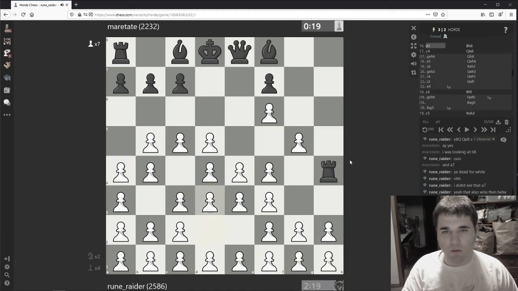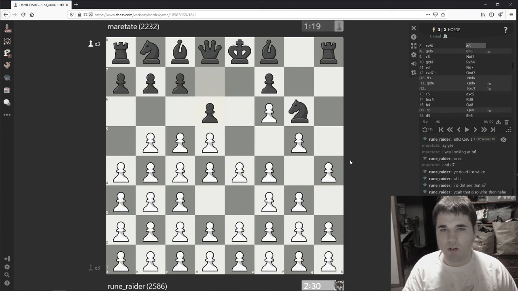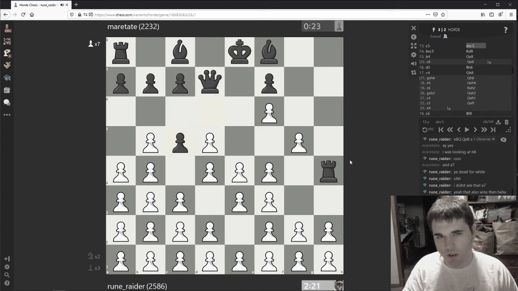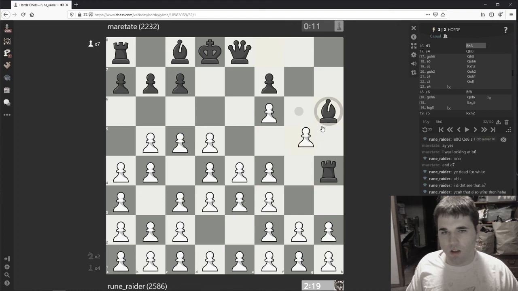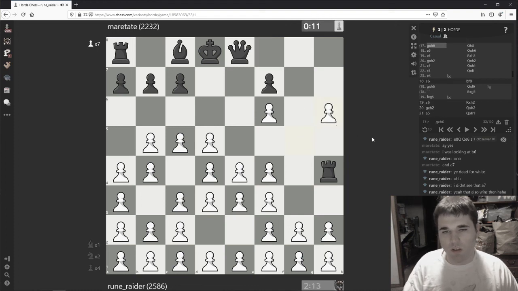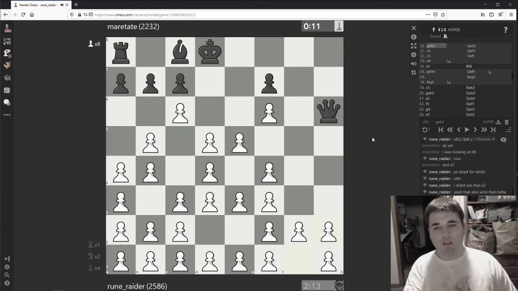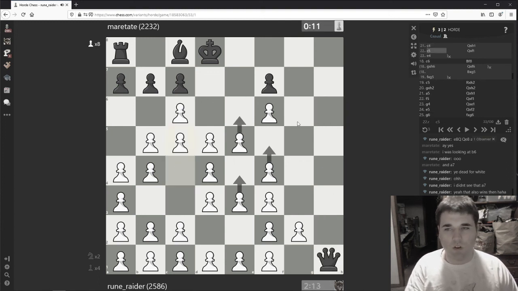Main lesson for me personally, I think, is... I don't know. Just to really appreciate the importance of grabbing material when you know that black is going to make a breakthrough anyway, right? Something like this, and white should just be much better. Secondly, towards the end of the game,